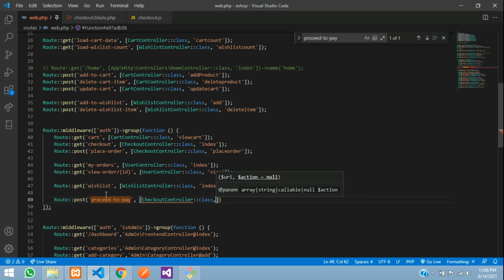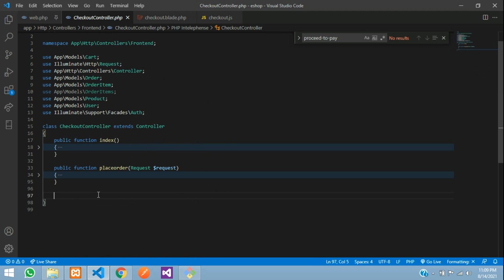class, and it's going to be Razorpay, the function name. We are going to say razorpaycheck. Copy that and go to your function, the controller, and create a new function over here. And inside this we are going to take the request,